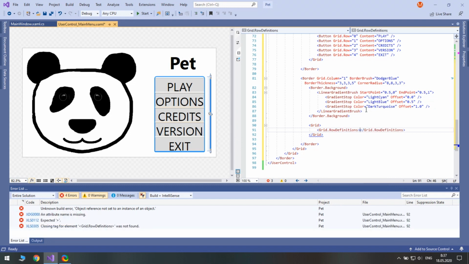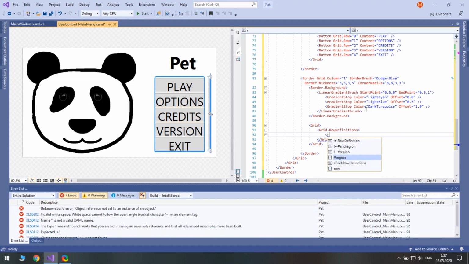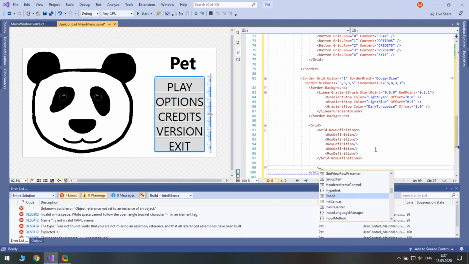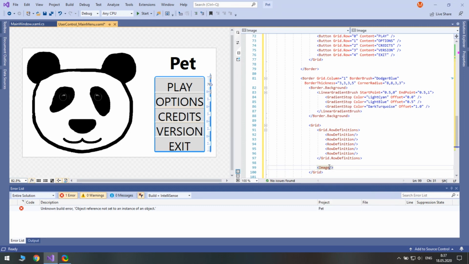This one should have 5 rows as well. This is where our pet images will be placed. For pet pictures, we will use a control called image.